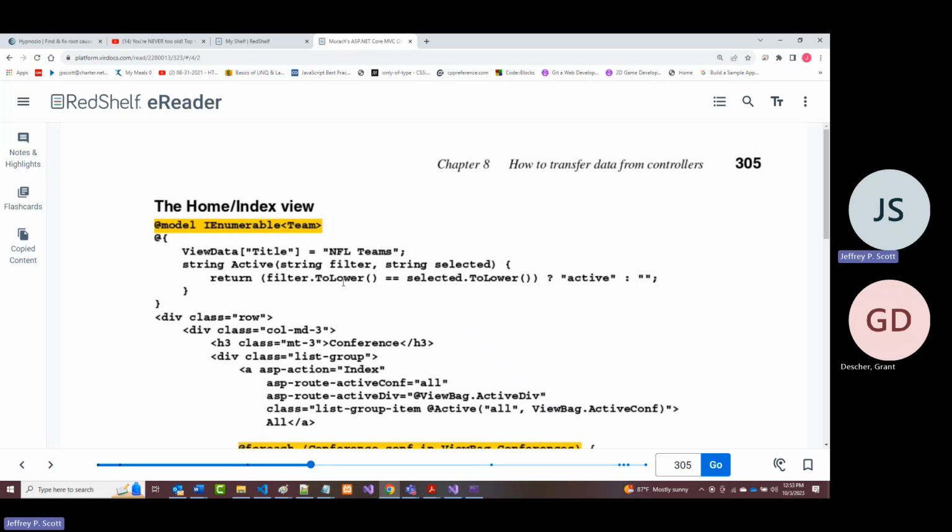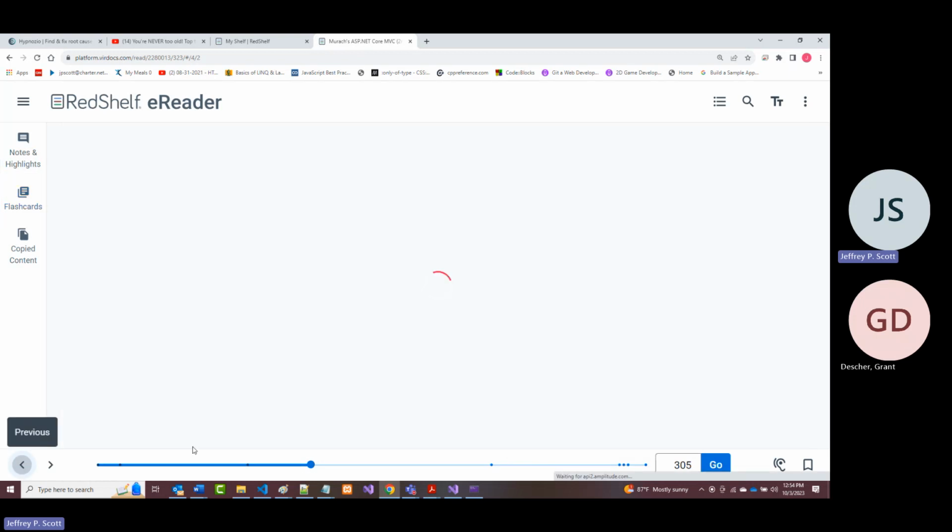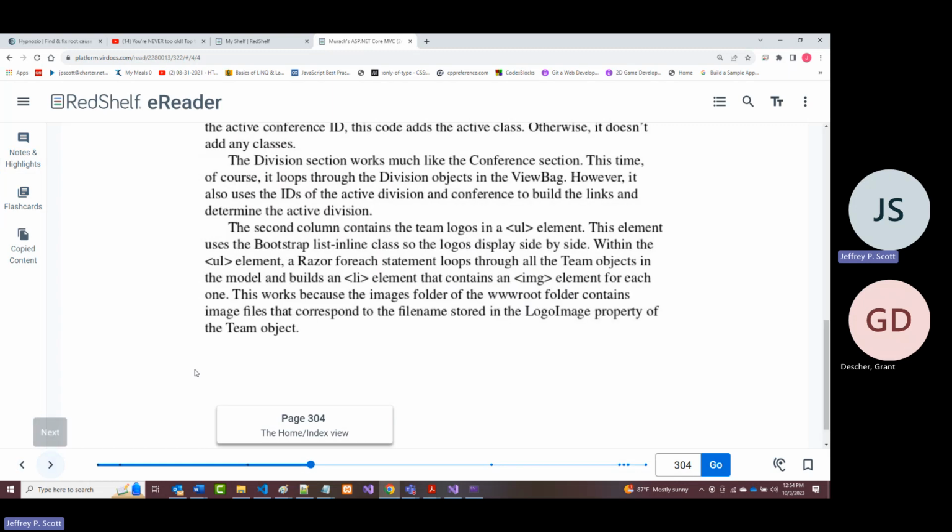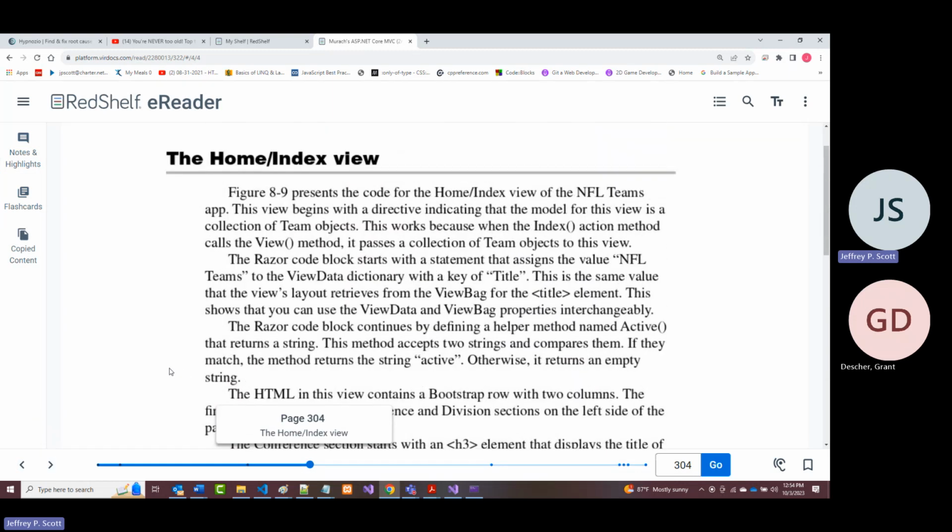All right. And notice they even come in here and they've got a ternary operator. Basically what they're trying to do is to say, did we select something other than all? And if we did, it's going to be here. And that's going to be active. Otherwise, there's nothing. We haven't selected anything. And again, if we back up a little, it's kind of explained in here, probably better than I just did it. But if we look,